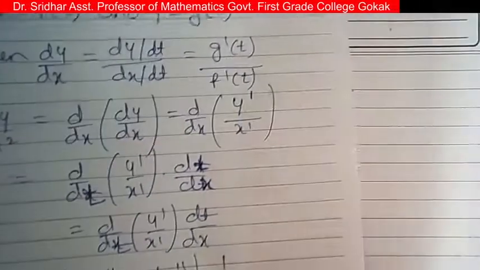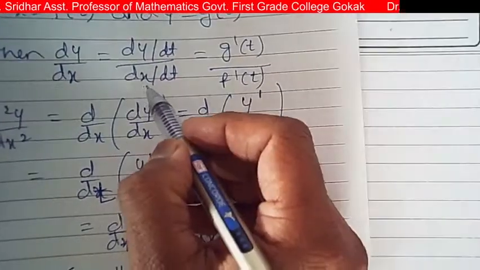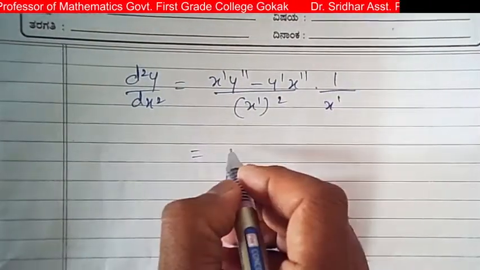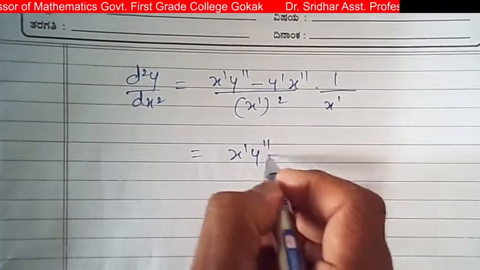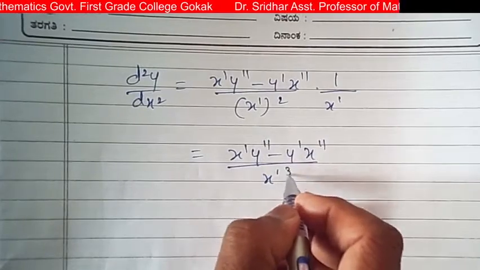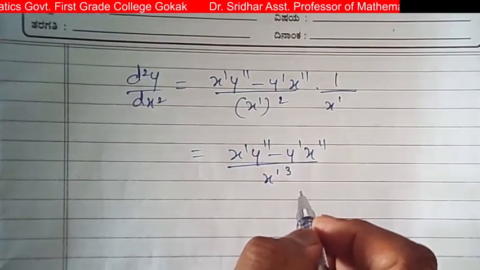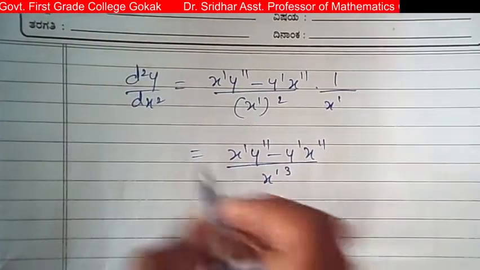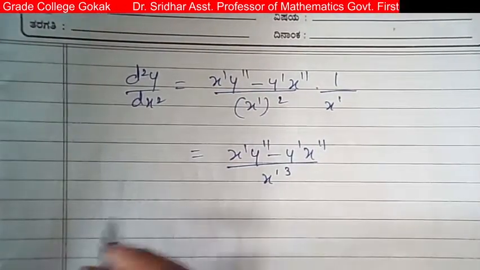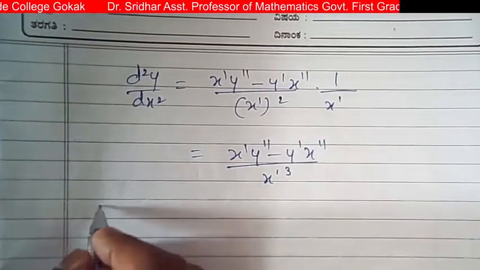Now this dx by dt, this we denoted by x dash, so this is equal to x dash into y double dash minus y dash into x double dash whole divided by x dash whole cube. Okay, so this is d square y by dx square. So therefore we know that